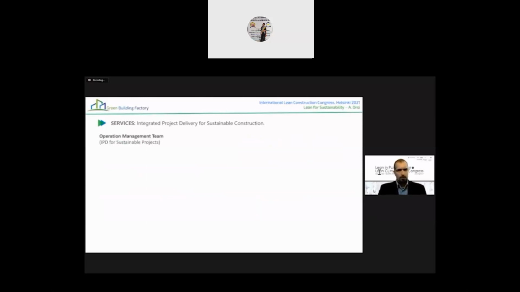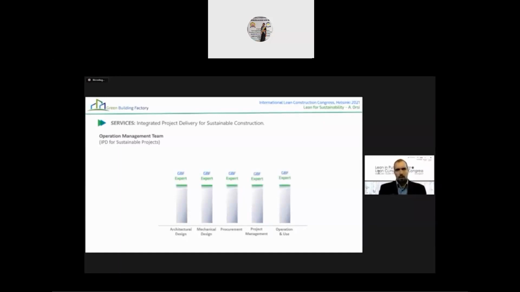creating what we call an operation management team. We don't approach the project from the timeline point of view, but from the field point of view. Here is just an example: architectural design, mechanical, procurement, project management, structural, whatever. We know that the architectural design for a building, for example, can take place at the beginning, but if there are major change orders during the construction, it may require an option later. Now, the idea is to approach the project from these fields' point of view and have an expert in charge of each field, an expert of that field,